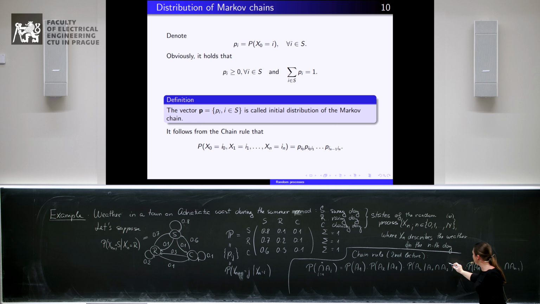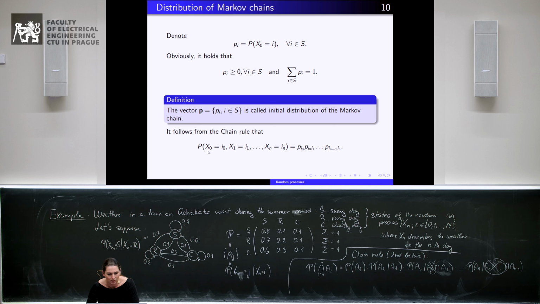But now these intersections are not important, because we know that everything depends on the last known value and not on the previous evolution. So in fact, in our case, this theorem says that when we care about the probability